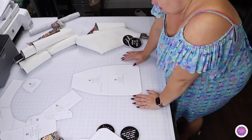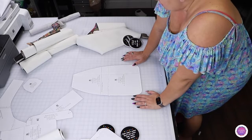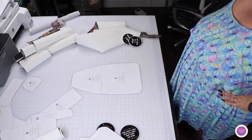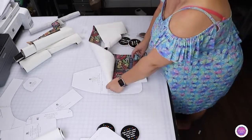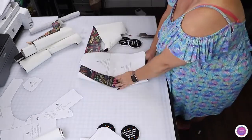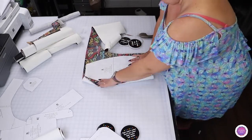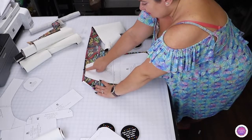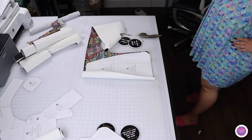So for the back, we need, what do I do on the back? I don't think I have enough to do. What do I do? I could use this. Okay, so now we know this is perfect for 18-inch rolls. See, that's all it has left. I could do this for the back,